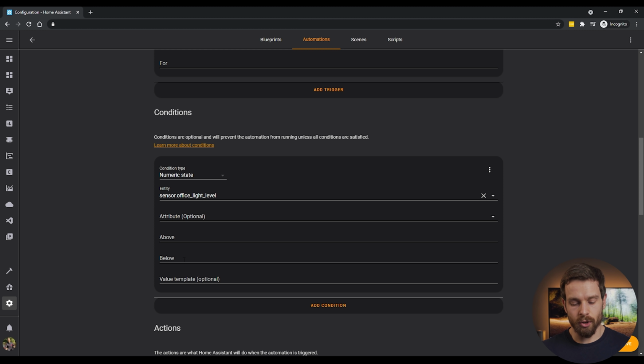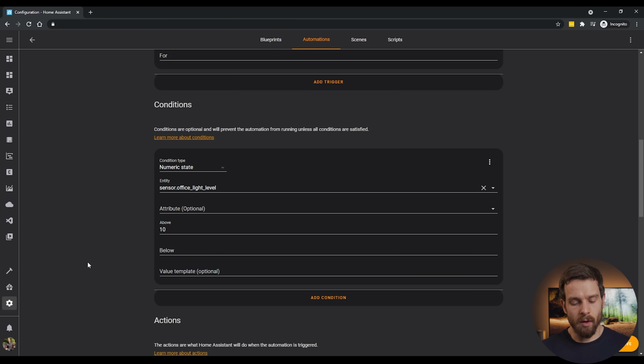So for this one, I'm going to choose above 10. You probably wouldn't do this. So yeah, this whole automation I'm going to make probably doesn't make sense, but you get the idea for demonstration purposes. So let's add a condition of above 10, and let's also add